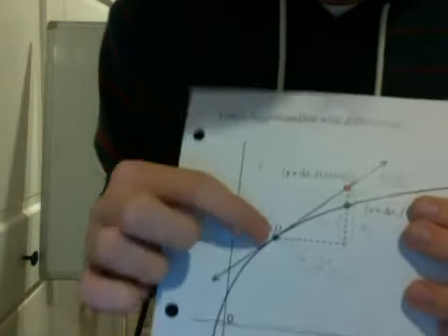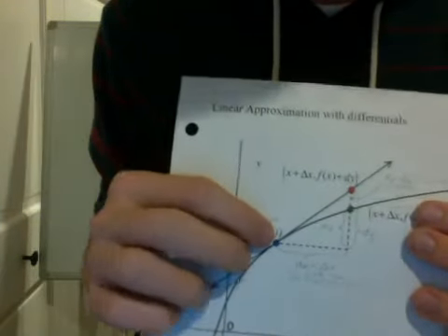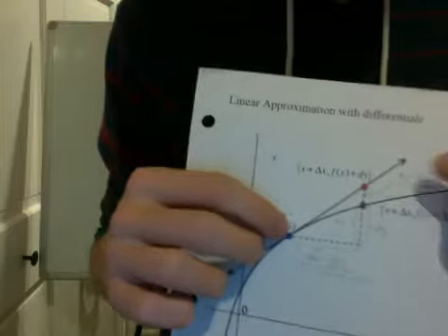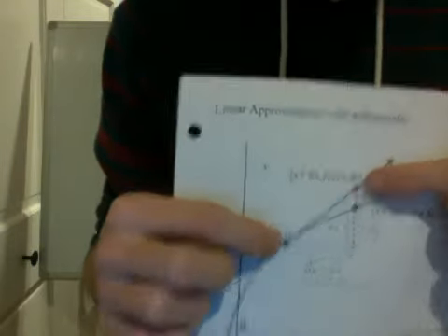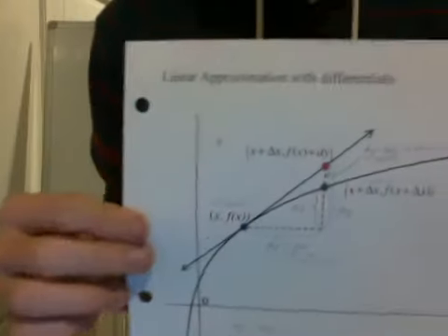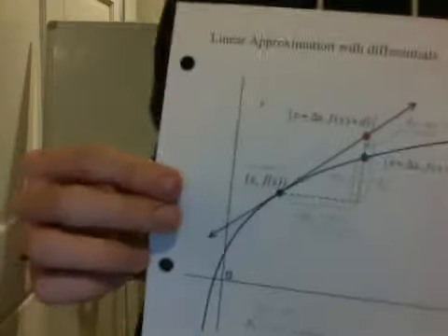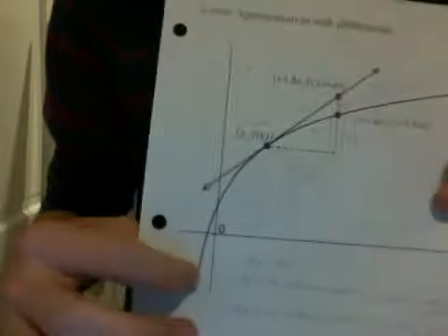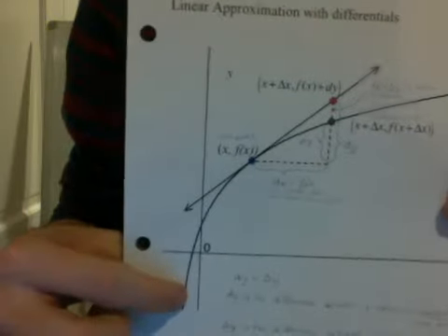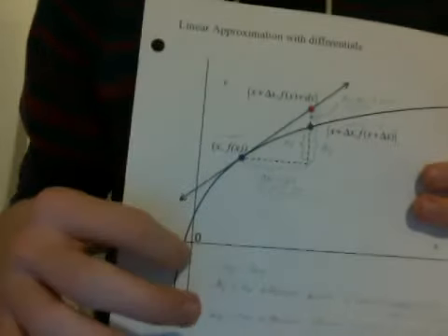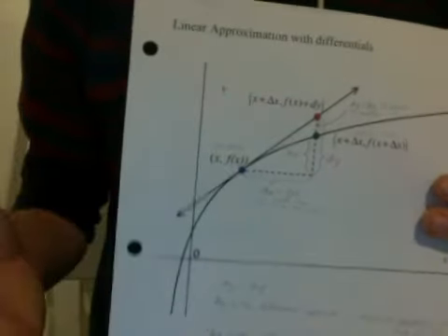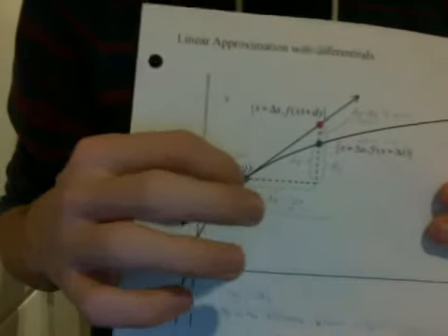So aka if there was a tangent line made at this point, it would be the change in y from the point and its tangent line. Now this is how we linearly approximated in the last video. Let's pretend that this curve is the square root of x. I said if you wanted to find what the square root of 3 was, then find a nice point, which was square root of 4, because we know what the square root of 4 is,